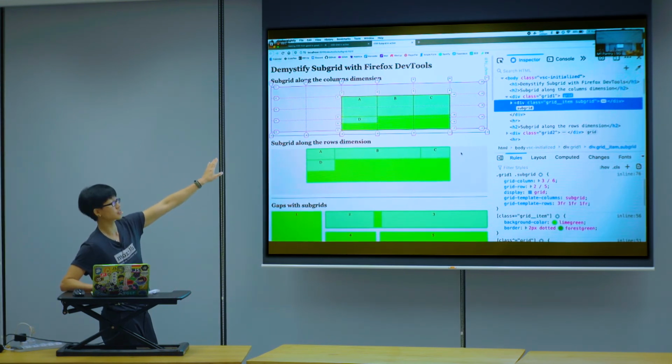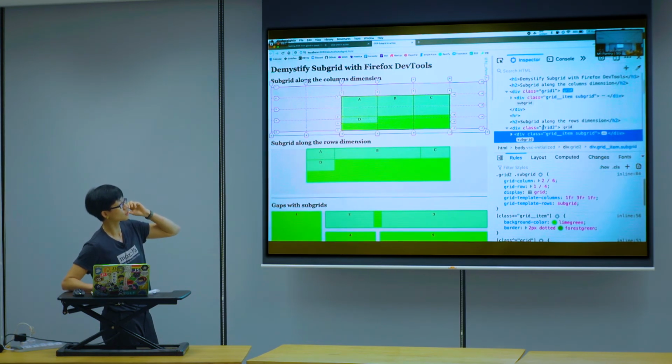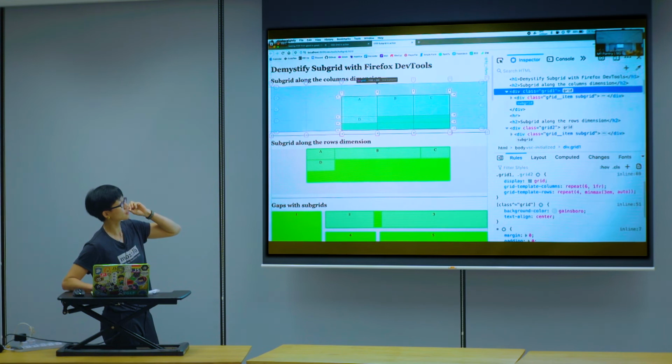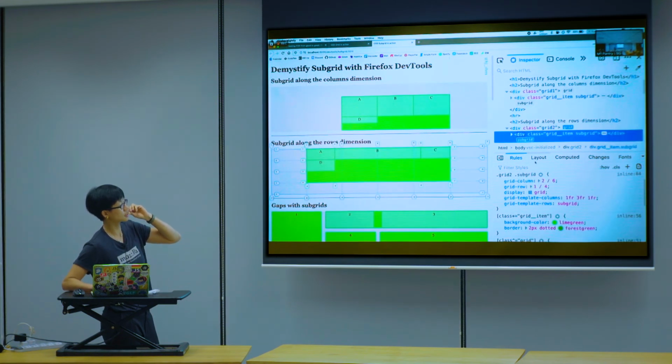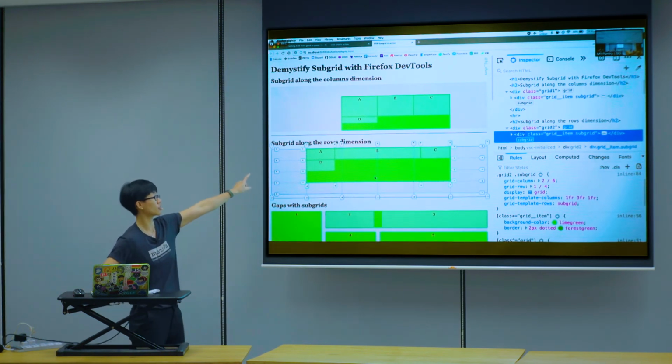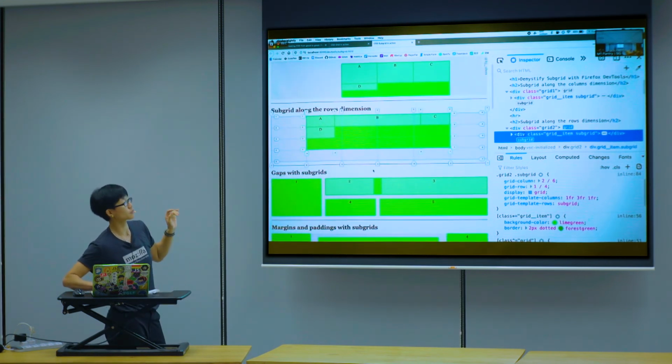But because the rows are never set, the rows can size themselves however they like. Similarly, if you do it for rows, this is actually the same example, different dimension. So okay, unhighlight this, highlight this. You can see in the code that now subgrid is put on rows, it will follow the parent rows. But again, the columns can size themselves however. So this is what I mean by single dimension.